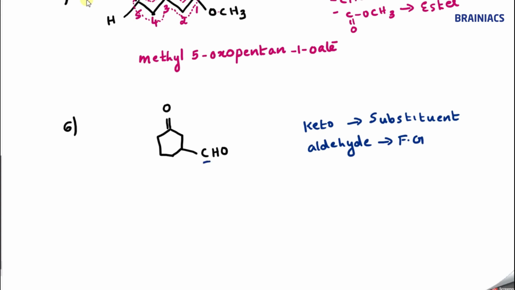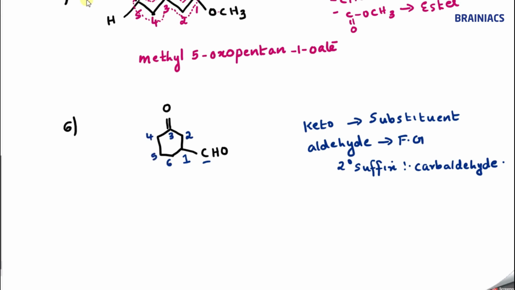Whenever only one CHO group is coming outside, we cannot include this carbon in the parent carbon chain. So in that case, what is the term we use? We use the secondary suffix carbaldehyde. Please remember, I have taught you all these things. So how to number it? This will become 1, this will become 2, 3, 4, 5, and 6.